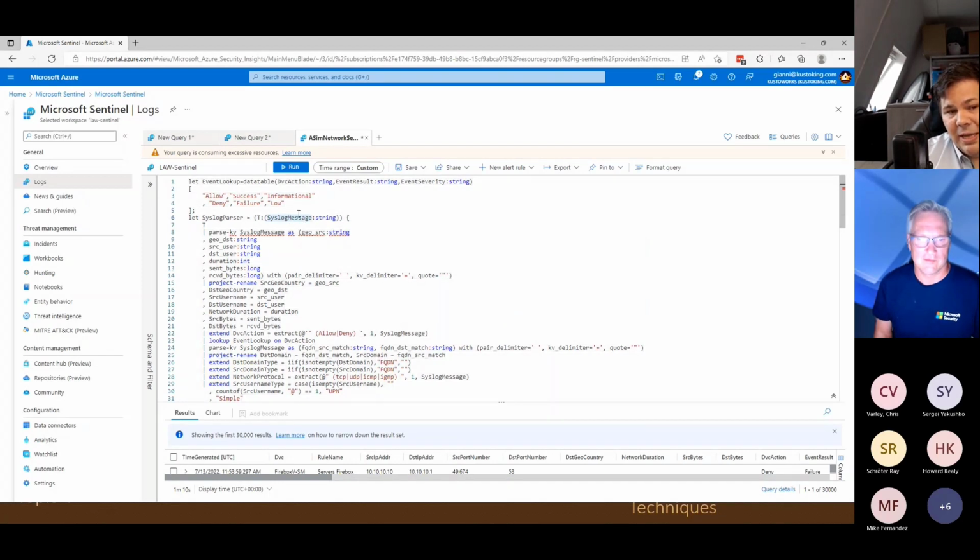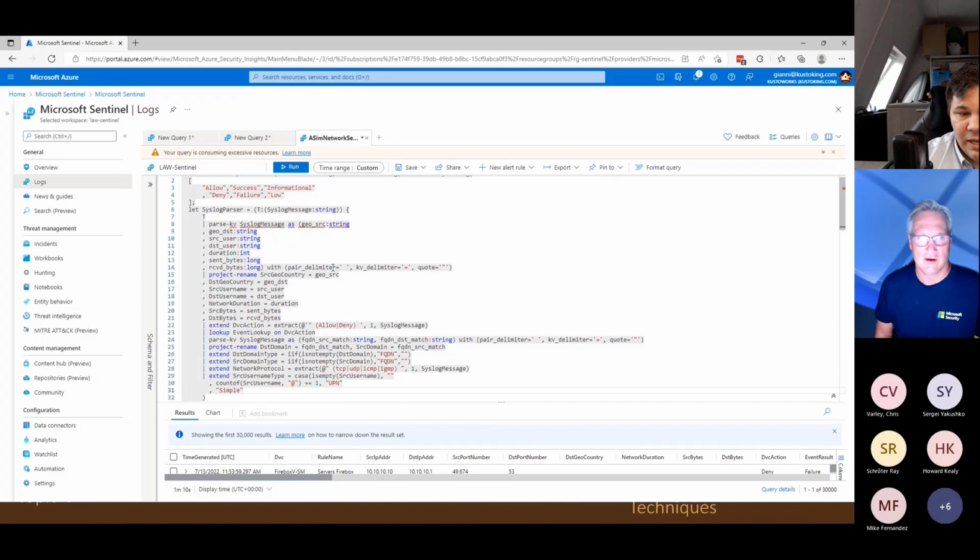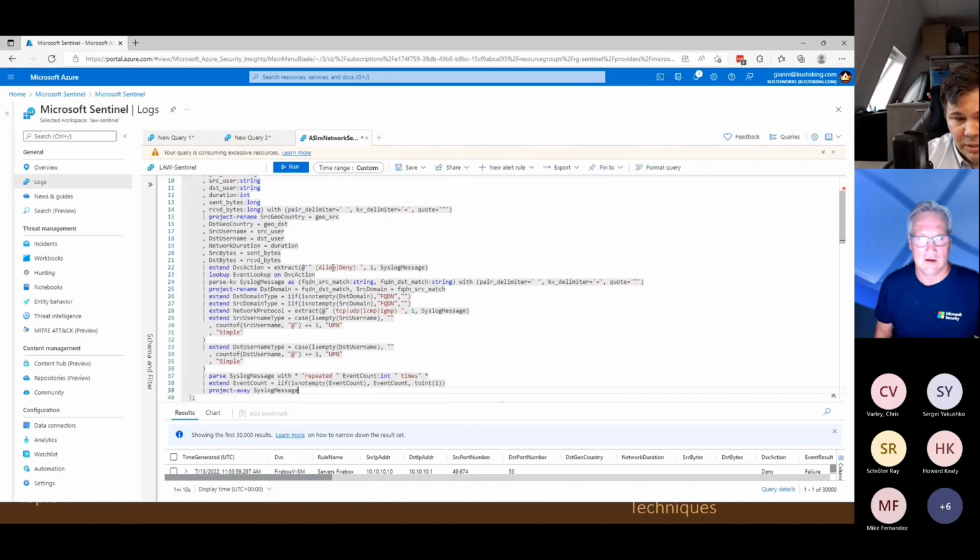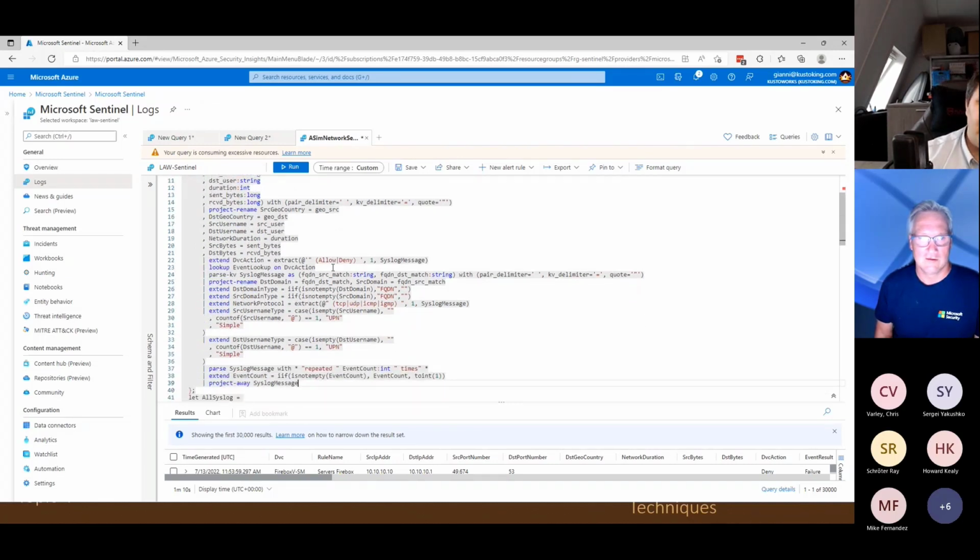This way I can handle the syslog message as a table. So I can use parse-kv and extend and do all the tabular operations on my data. And in the end, I also did a project-away for the syslog message,